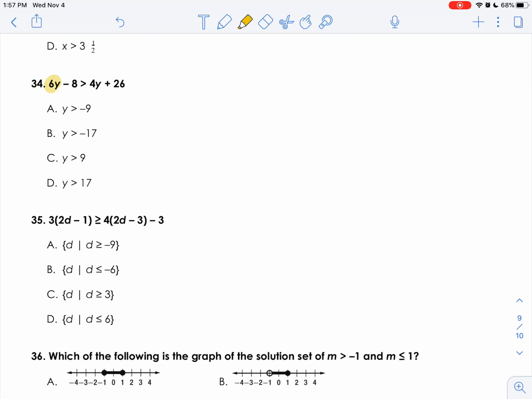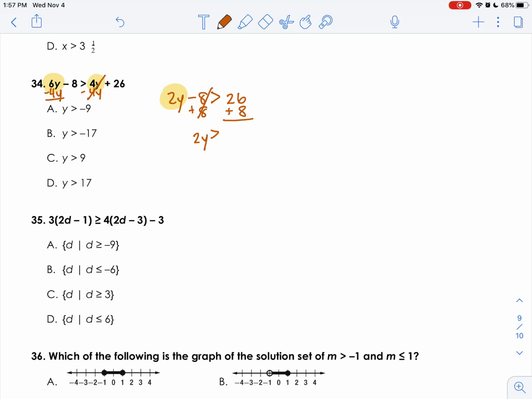Number 34, I'm solving for my variable y, but I have y's on both sides. The first thing I'm going to do is get those y's together on the same side. 6y minus 4y is 2y, minus 8 is greater than. These y's cancel, and I'm left with 26. To get the 2y by itself, I'm going to add 8 to both sides. Negative 8 plus 8 cancels, leaving me with 2y is greater than